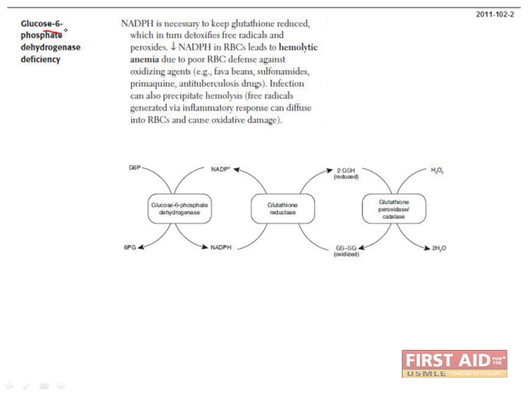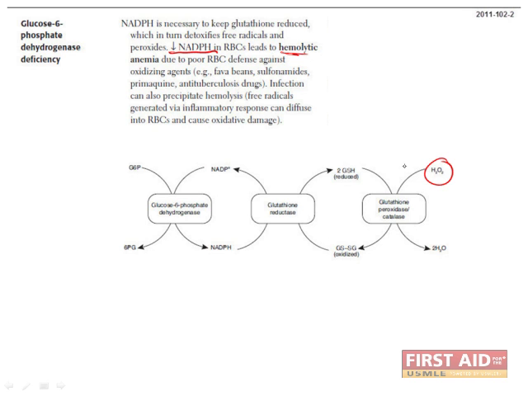Glucose 6-phosphate dehydrogenase is involved in both the HMP shunt and the respiratory burst. It's the key enzyme that regenerates NADPH, which is a very important reducing agent that is oxidized so that glutathione can remain reduced. Glutathione, in turn, can detoxify free radicals and peroxides in red blood cells. If red blood cells are not able to produce NADPH, this can cause hemolytic anemia since they have no defense